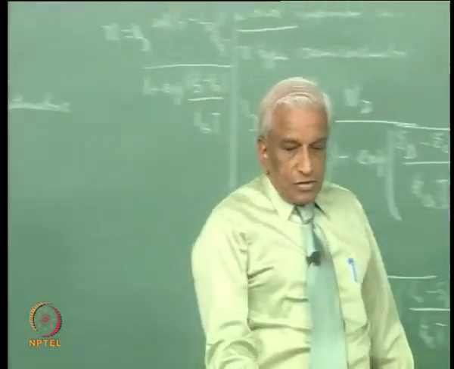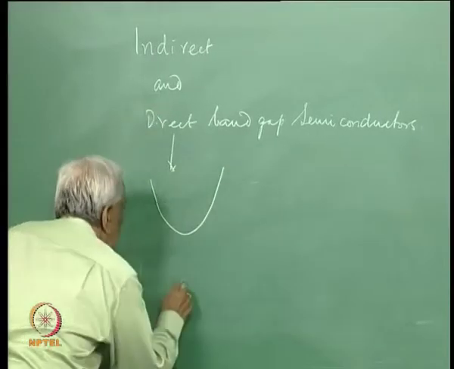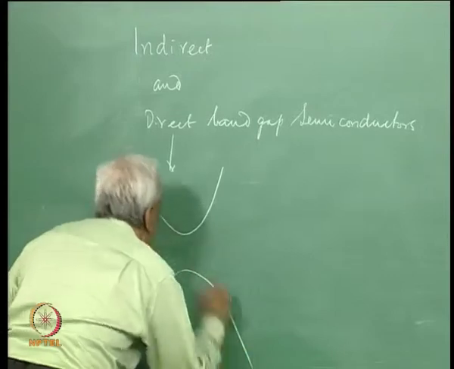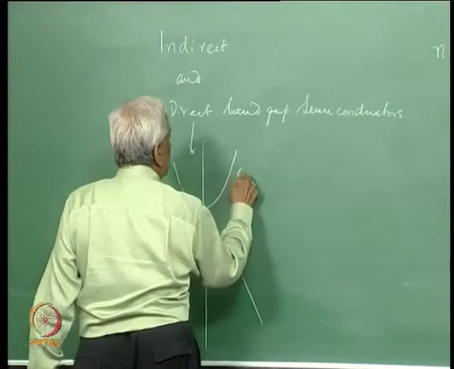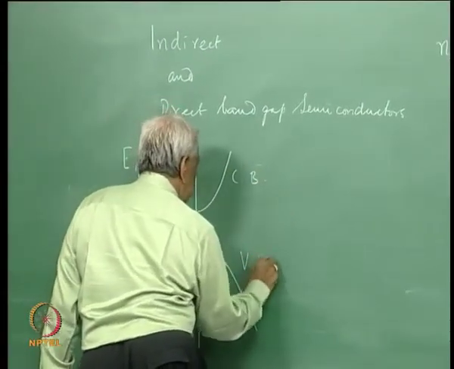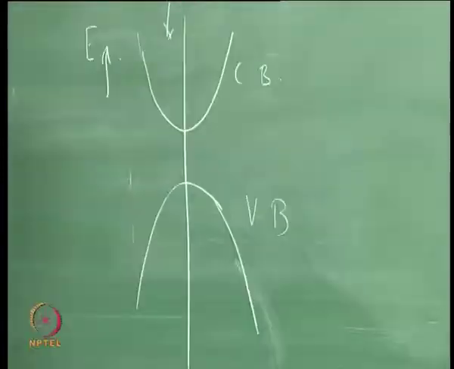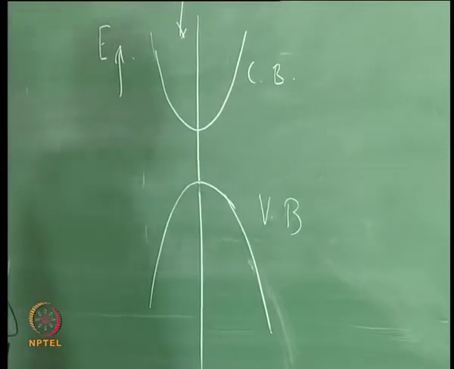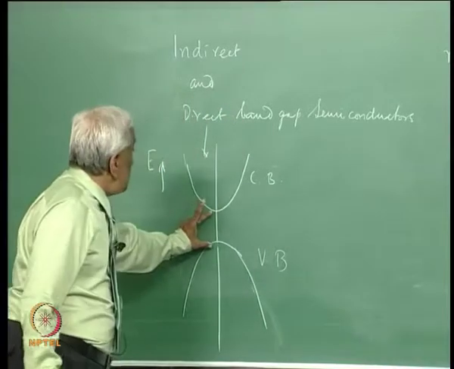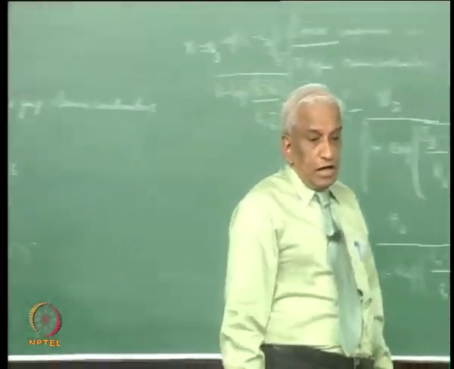These are illustrated in the next figure. In the direct bandgap semiconductor, the bottom of the conduction band lies energetically at the same value as the top of the valence band. So, this is the conduction band, this is the valence band. So, the band gap is all the energy needed to promote a carrier from the valence band into the